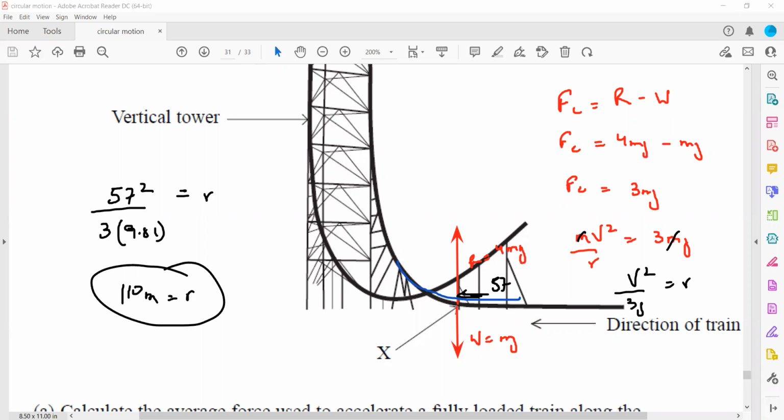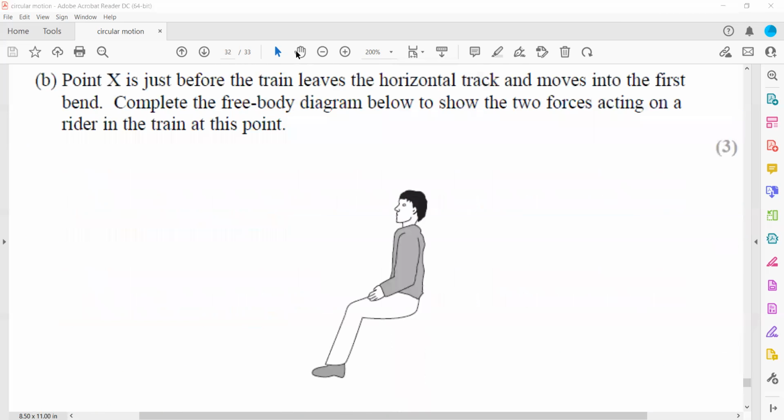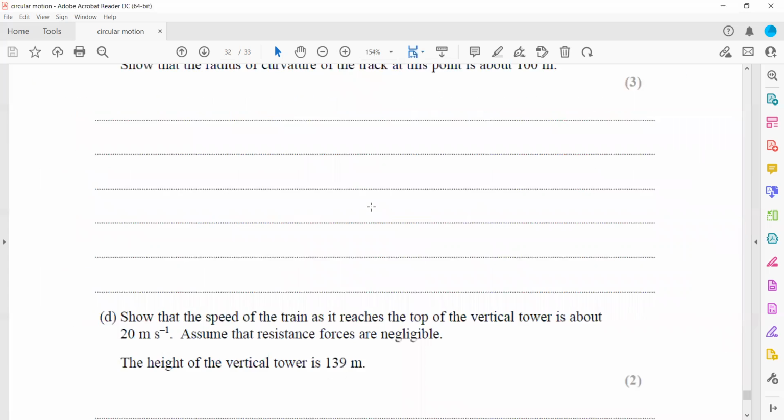Is it clear, the first part? The radius of the curved path at point X is about 110. Then we have the next part